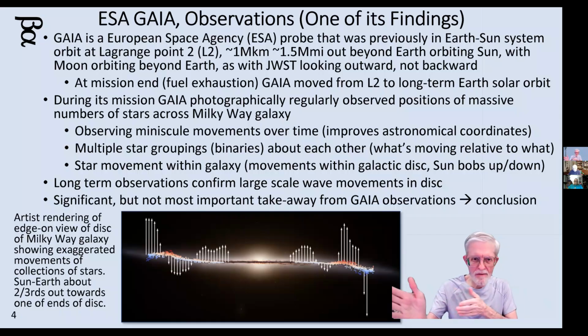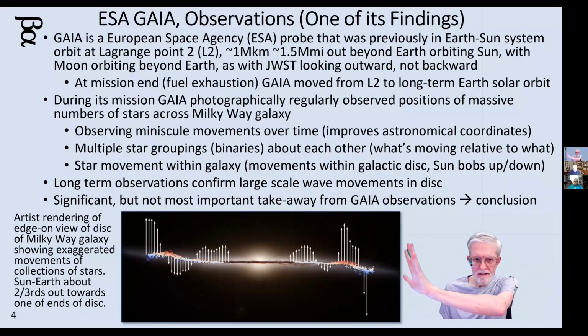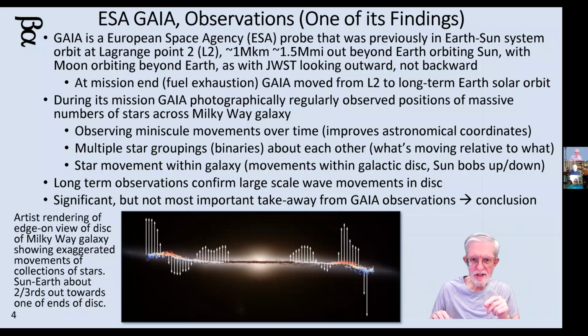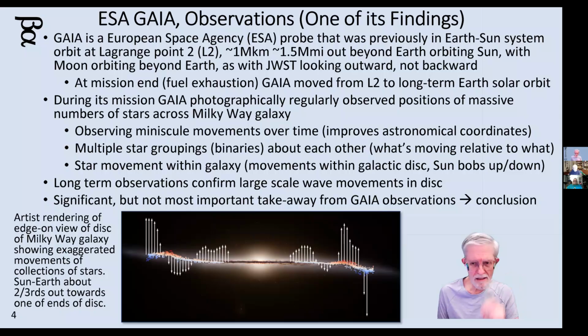So as the Earth went around the sun, Gaia would also be going around the sun and would point out to space from its place at L2, and it would do surveys of just millions and millions of stars and locate all of them, catalog them, and check their locations relative to each other over a period of years. And what they found out was they're moving. Now, it wasn't unknown that they were moving because stars move around a lot. They're in various motions. And from a distance, over the large scale nature of the galaxy, they move very little.